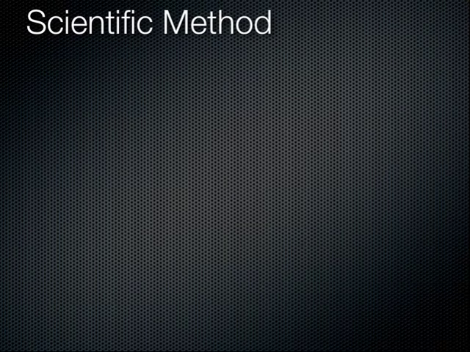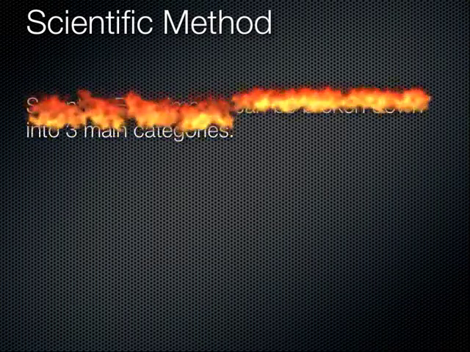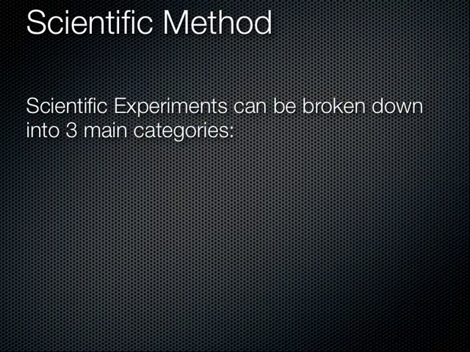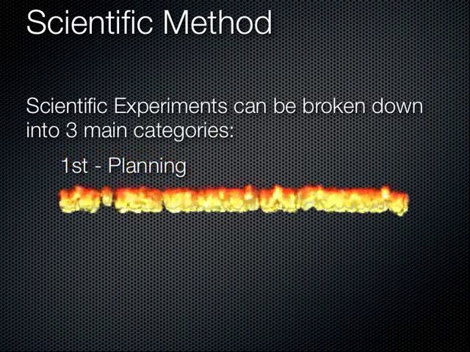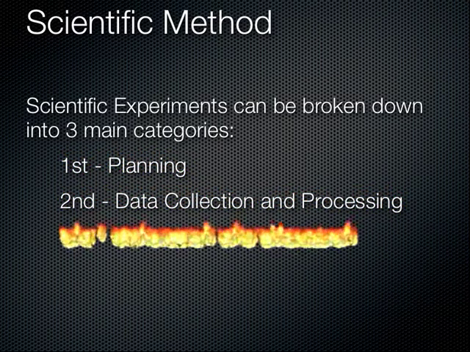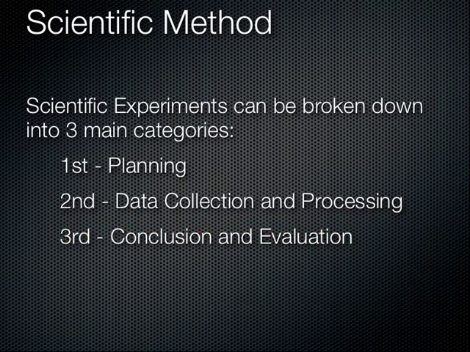All right, G7s. We're going to be talking about the scientific method, which I want you to think of as being broken down into three major categories, and those categories are planning, data processing and collection, and conclusion and evaluation. With the planning being the first part we do before the experiment, the data collection being the experiment itself, and then the processing and conclusion and evaluation coming afterwards. When we look at those,